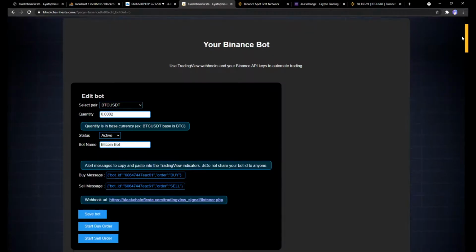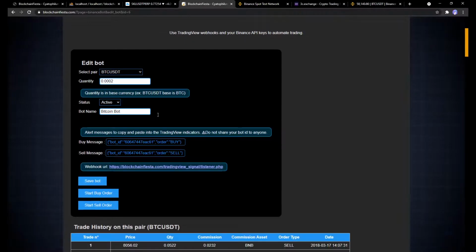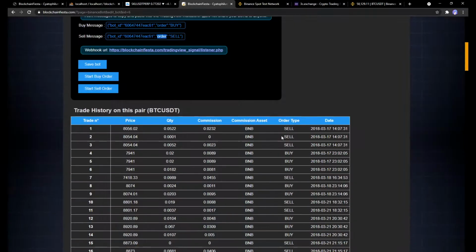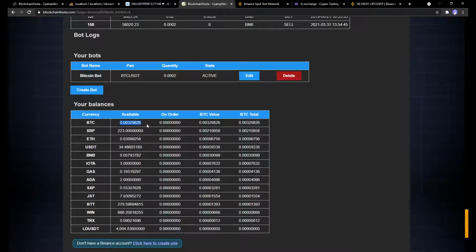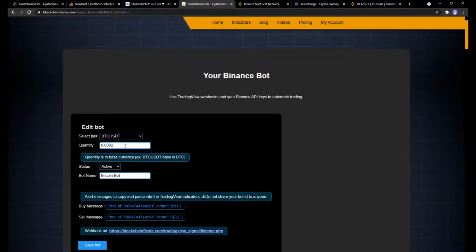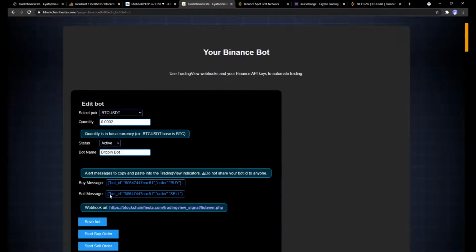And let's create our bot. If I want to start with a sell, let's say I have some BTC in my balance, I can sell some BTC. So I copy the sell message. I go into TradingView.